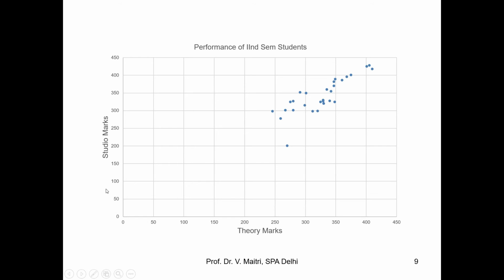So being a bivariate presentation, these dots are telling us how many marks are obtained by the student. This student has approximately 200 marks in studio and about 240 in theory marks. So let's see how he obtained it. Definitely 216 is the minimum one, because the gap is 250, so it is very less, touching that.